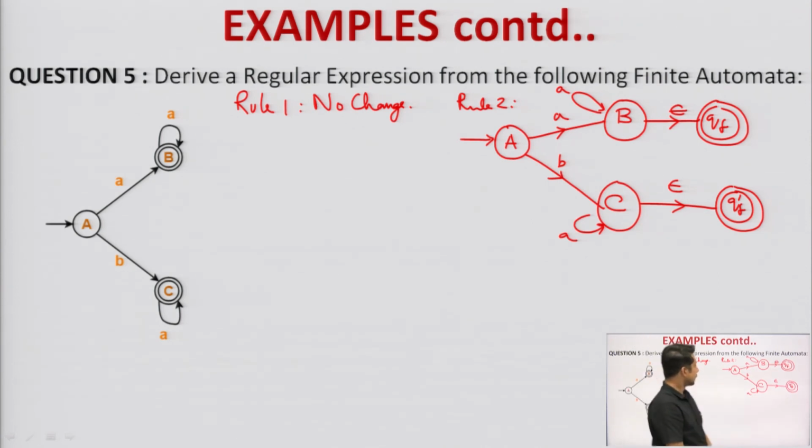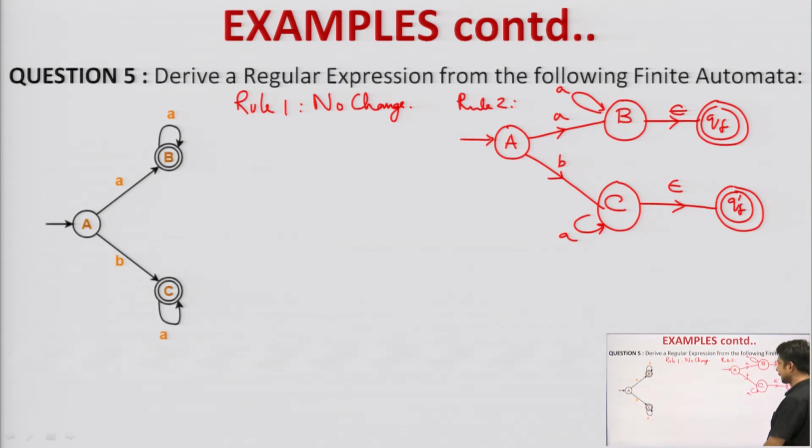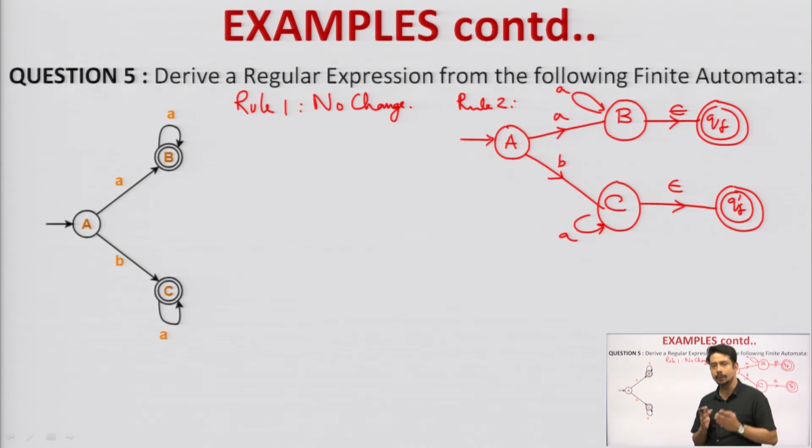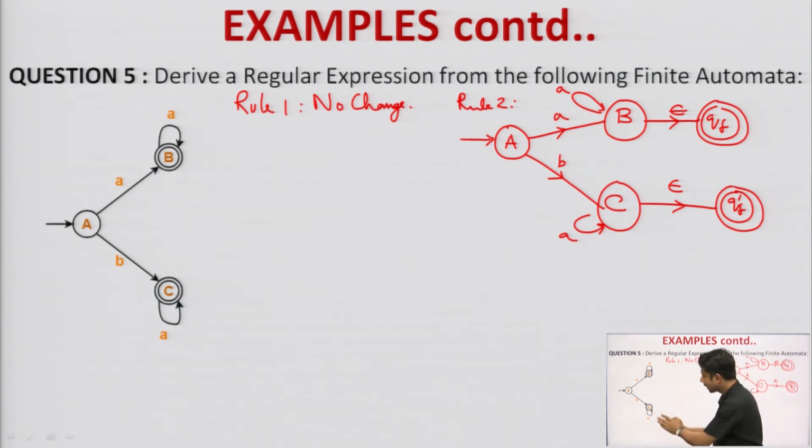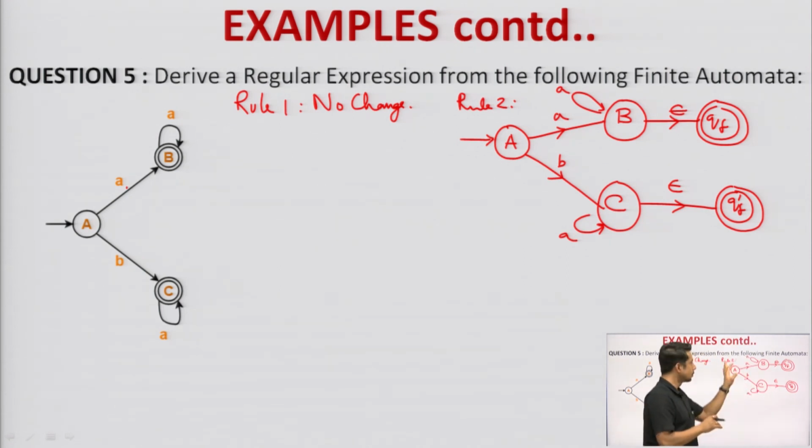Okay. So, overall, if you look into this particular concept, we are done with rule number 1 and rule number 2. Now, we are having two final states over here. We can think of whether we can manipulate these final states into one regular expression. We can do it, but in the current diagram, both are on a different track. One regular expression has a to the power star, and the other has b a to the power star. So, we cannot put them together directly. Yes, we can put them together by applying some sort of operators, so that we will look into later on. First, rule 1 and rule 2 are satisfied.